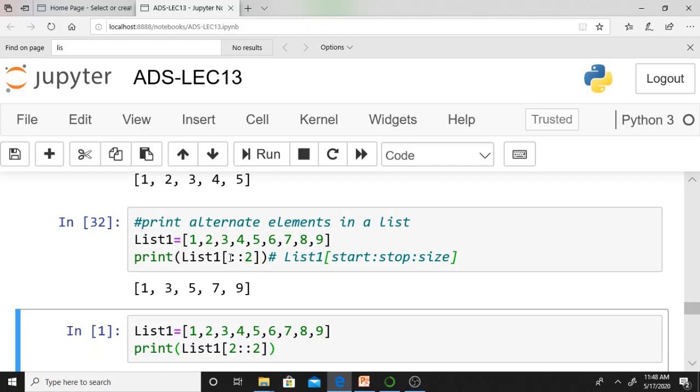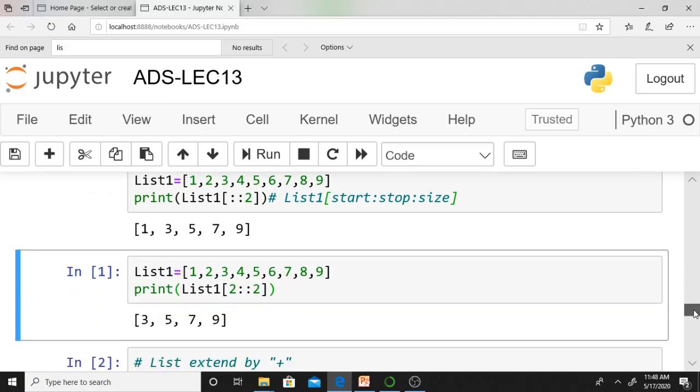If I'm not keeping any start, it means 0. If I'm not keeping stop, it means till the last element. What is step size? 2. First at 0 index is element 1, next I must add 2, which means I must skip the next element and display 3. Step size 2 means you must skip elements in between, isn't it?